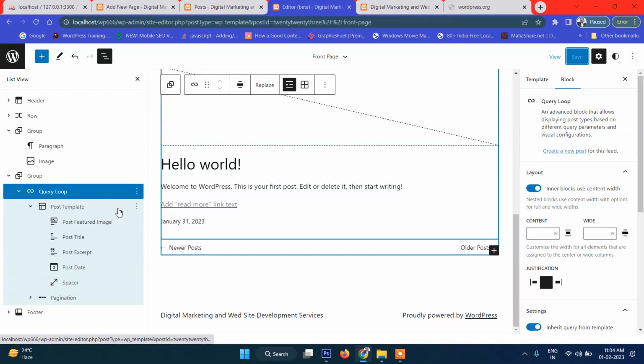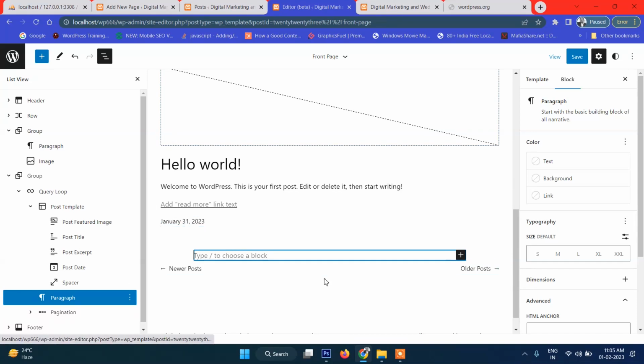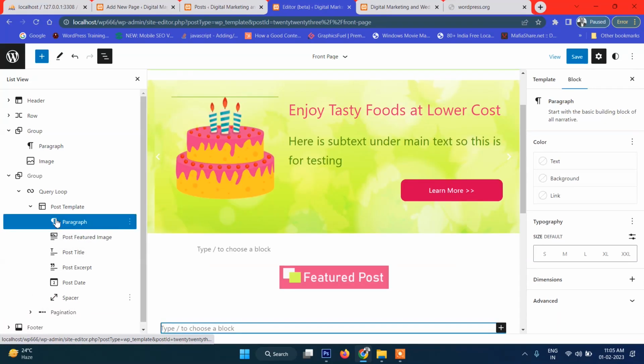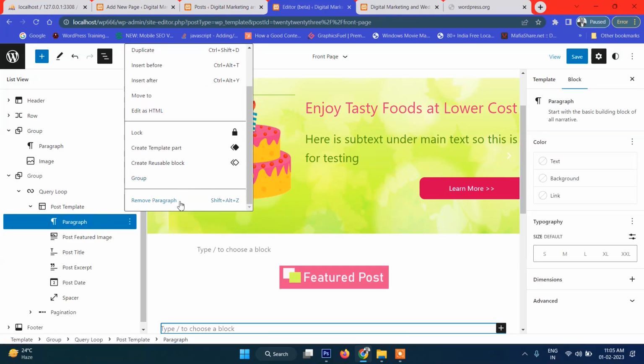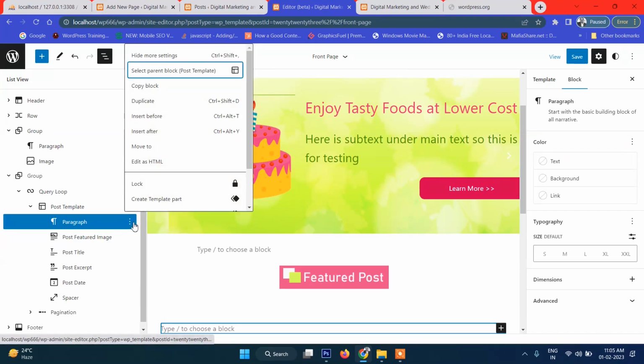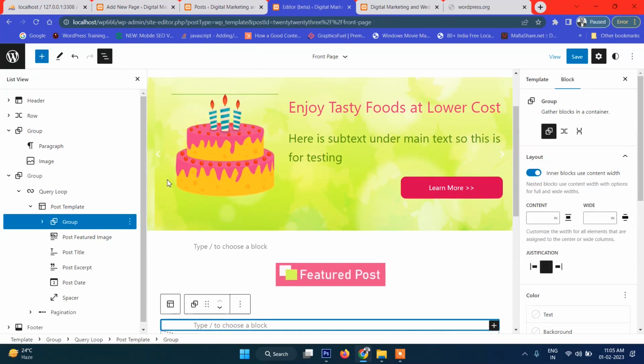So what I will do, after this post template, insert after, okay, and then change it into group, and then inside this group